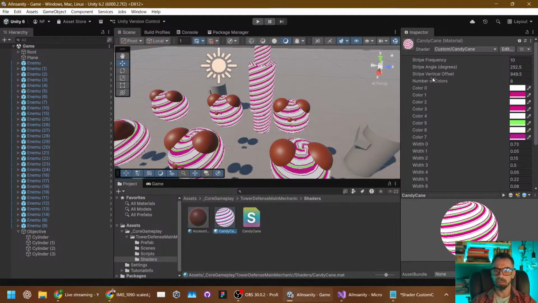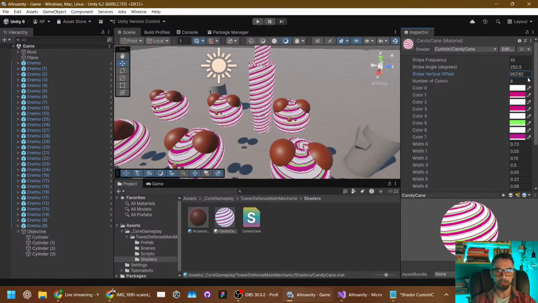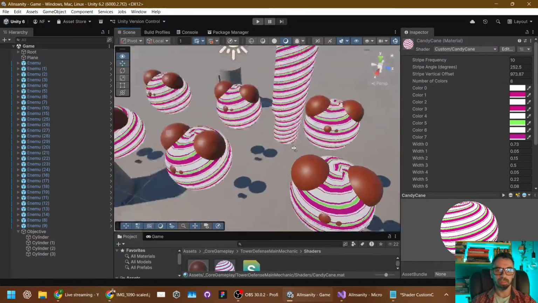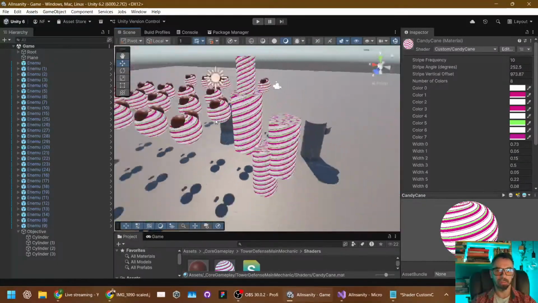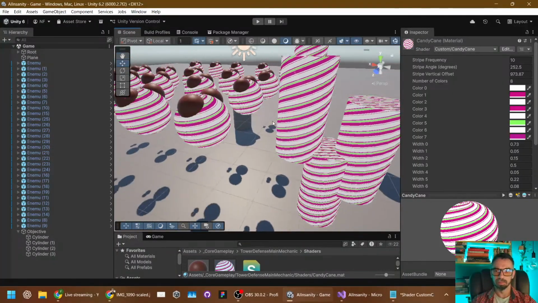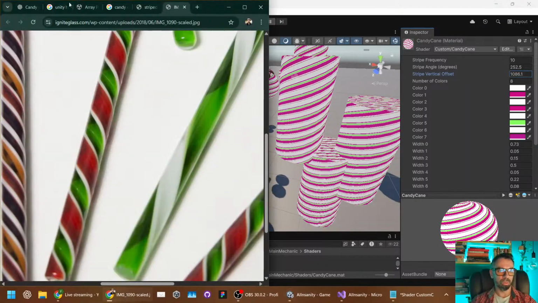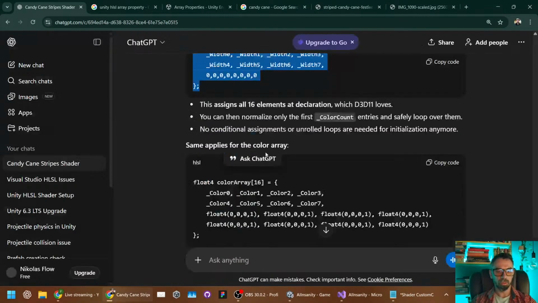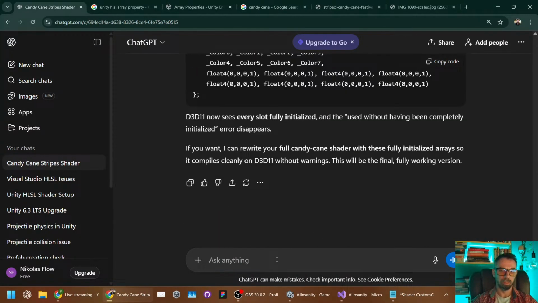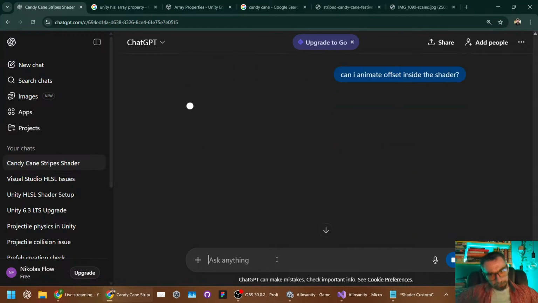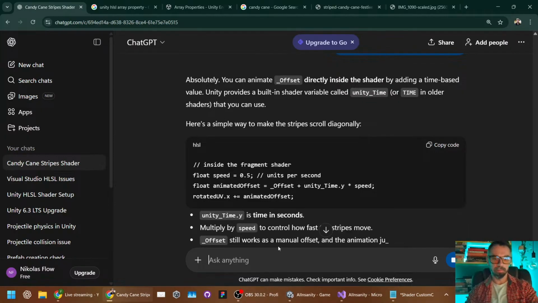Yeah, and one last thing, let's just do a manual animation. And where was that offset? We didn't. Yeah. And we can just look at the entire scene and see how everything is animating. Wait, I can do this with this. Can I animate offset inside the shader? I was planning to only go for a simple version, but